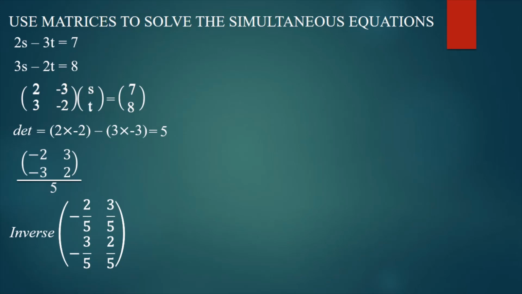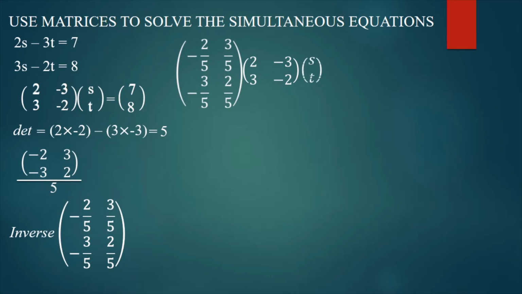Now, the inverse that you get, you pre-multiply it with the matrix we formed above there. So we are going to have the inverse multiplied by the matrix, which was 2, -3, 3, -2. Then the unknowns were S and T, and this one equals